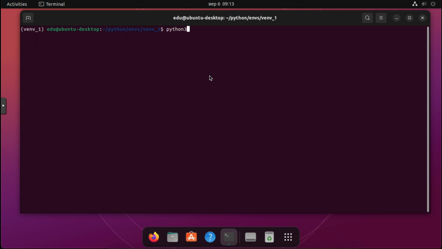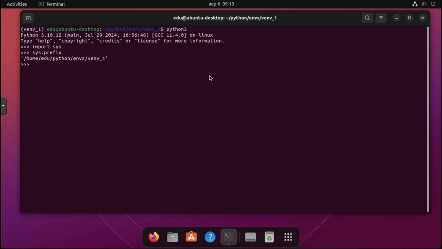Let's start Python. And next, I'm going to import the sys module to show you some things that happen when a Python interpreter is running from a virtual environment. Now, I'm going to print some variables, first sys.prefix and second sys.exec_prefix. For now, both of these are pointing to the venv path